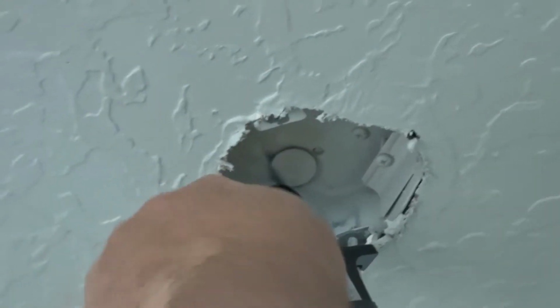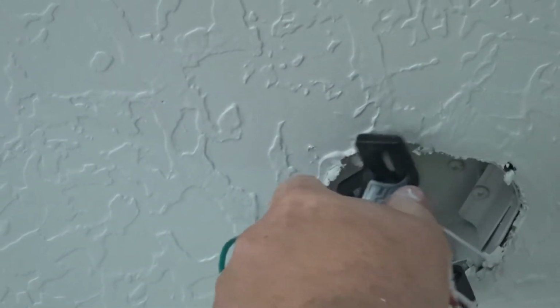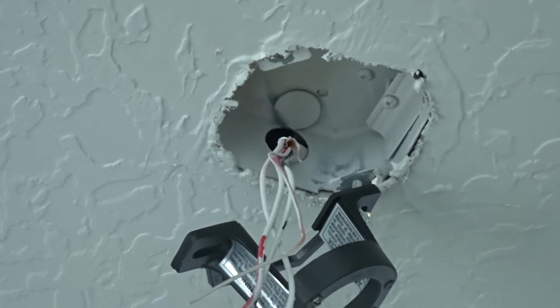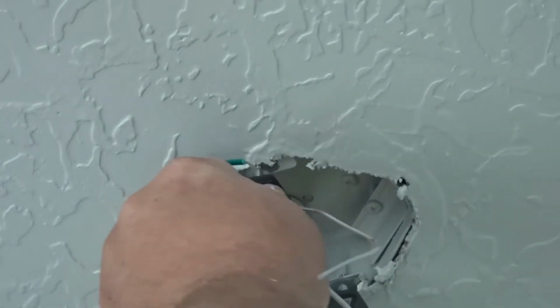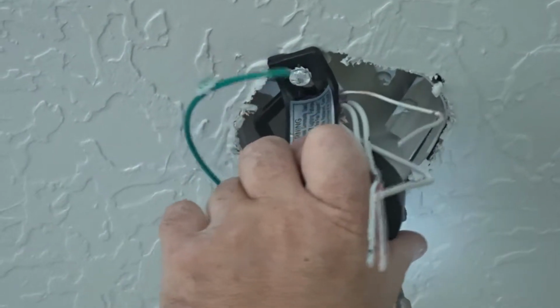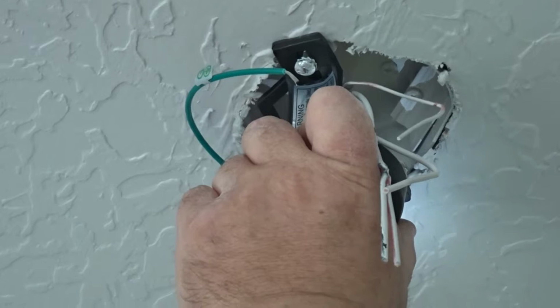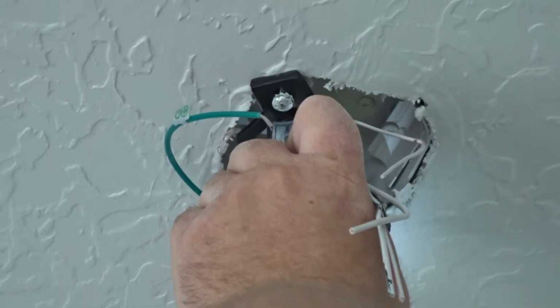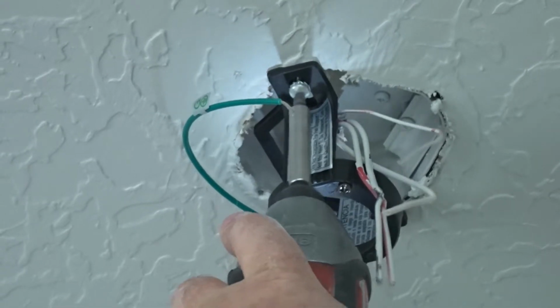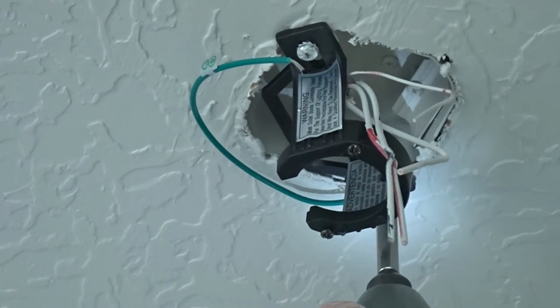Okay, I like to pull it over here so that this little piece is behind the wire, so I can fold it up in there. Okay, run this on up, or screwdriver, whatever you have. These want tight too, not overly tight. You don't want to strip them out, but you do want them a little tight,